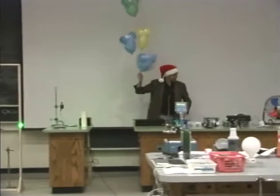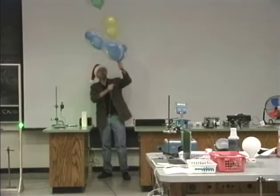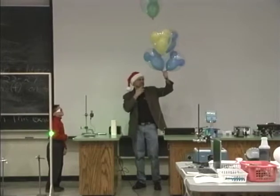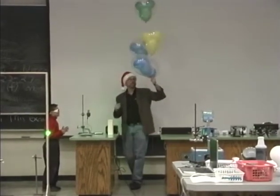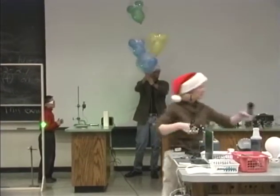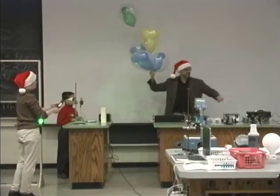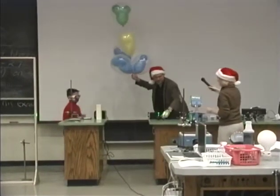Okay, so what we're going to do, and what's your name? Scott. Scott is going to wear these very fashionable, very cool pink glasses for this experiment. What we're going to show here is that different colors of light interact very differently with other colors. And in fact, the green light from this laser, which you can see here, will behave very differently, will be absorbed very differently when we